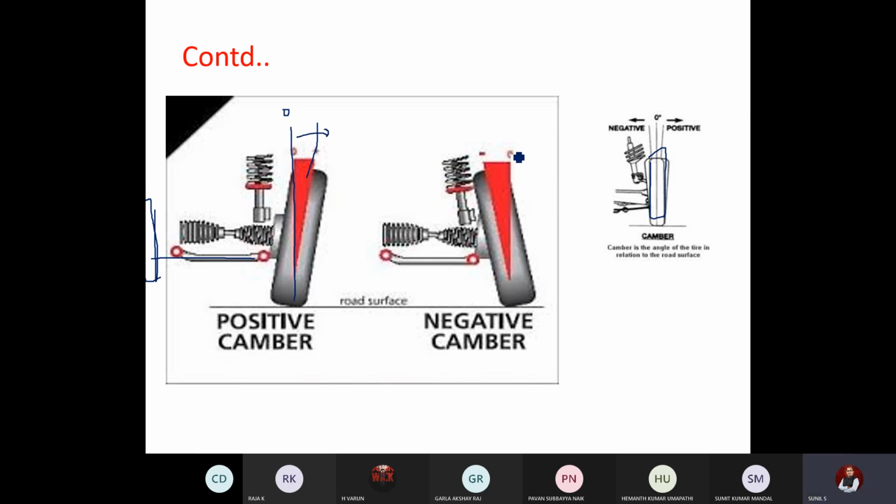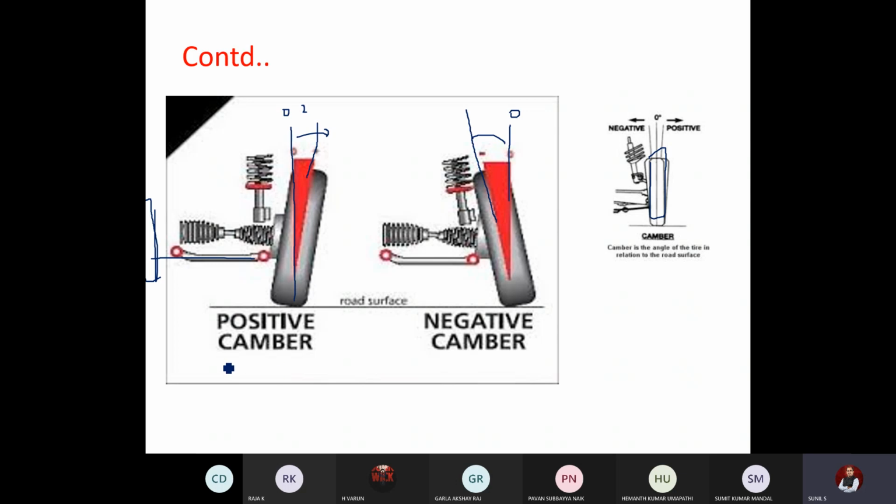If you tilt the wheel, see, this is again the same zero line, whatever we saw here. If you tilt the wheel towards inside and lock it, then this is the tire axis. If you tilt the wheel and lock it here, this is called the negative camber. Actually it will be a very small value, about 2 degrees. By direct visual inspection you cannot find it out. So here in the animation it is shown more to make you understand. Actually in your car there will be 1 to 2 degrees of tilt, but you cannot directly notice it by visual inspection. So this adjustment will usually be done during wheel alignment.